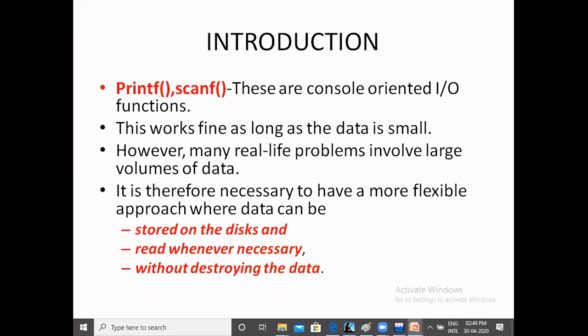What is the property of secondary memory? It can store our information permanently, forever and ever, up to the failure of the disk. But in the regular programming method, our program is going to execute in RAM locations only. What is the full form of RAM? Random access memory. Random access memory stores information for a certain amount of time. After that, no information is stored in the RAM location. So that is temporary memory.